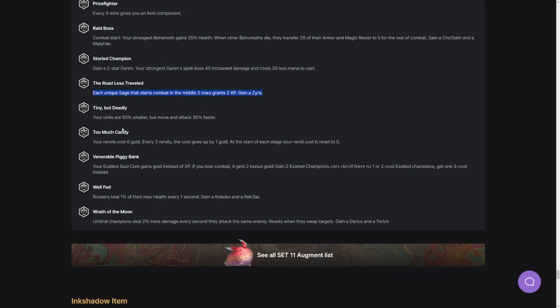Tiny but deadly. Alright, I don't even need to make a joke there. Your units are 50% smaller but move and attack 30% faster. Too much candy. Your rerolls cost 0. Every 3 rerolls, the cost goes up, oh no, by 1 gold. And at the start of each stage, your rerolls reset to...